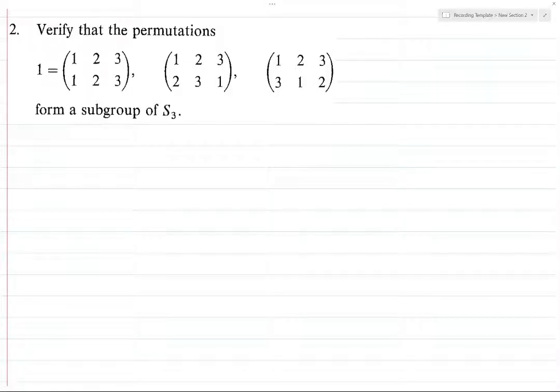And so, in order to prove that this is a subgroup, like Jacobson says, all we need to prove is that it contains 1, that it's closed under multiplication, and closed under taking inverses. So, more explicitly, since 1 is in